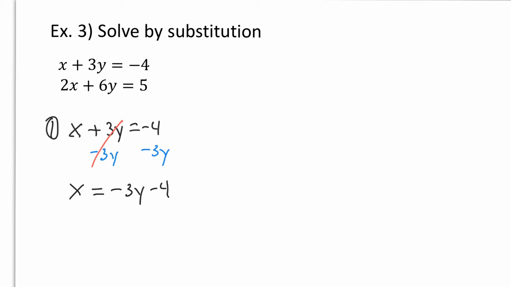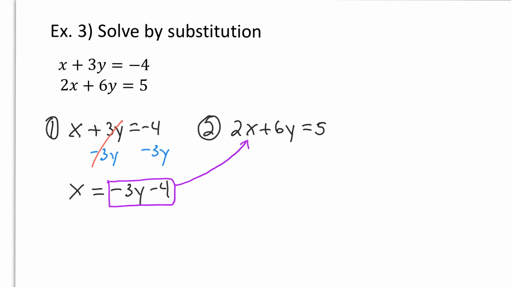Now in step number 2, you use the other equation. So we have 2x plus 6y equals 5, and I'm going to substitute the expression I found in step number 1. Now you also have to be careful what that equals. -3y minus 4 is x, because we have x equals this expression. So I'm going to substitute all of this into the x. I'm going to use parentheses here, plus 6y equals 5, and I substitute